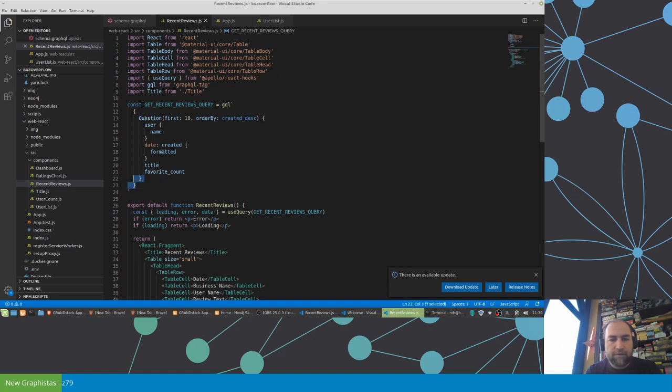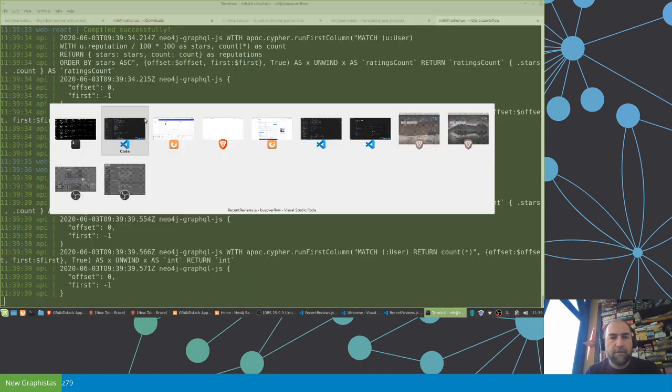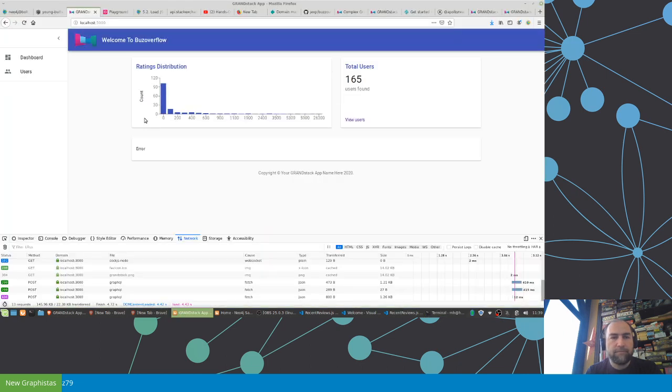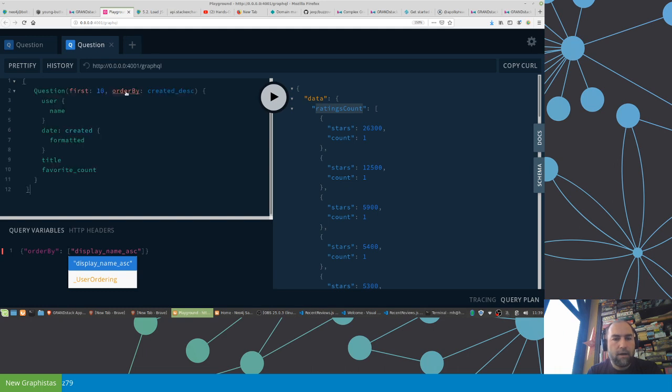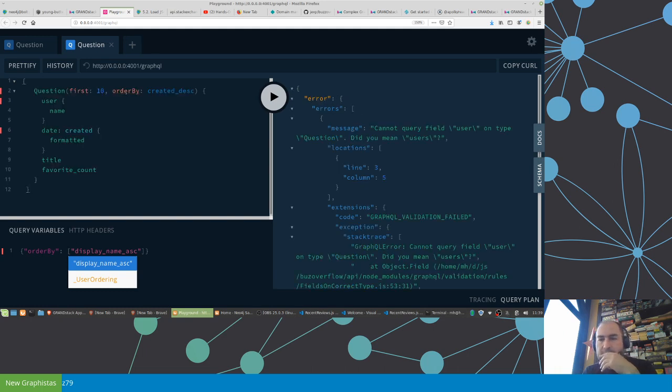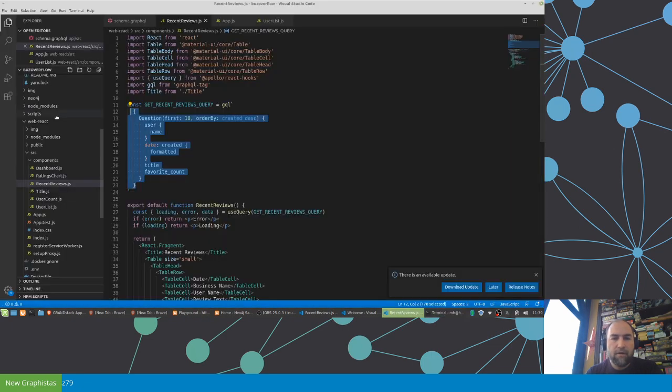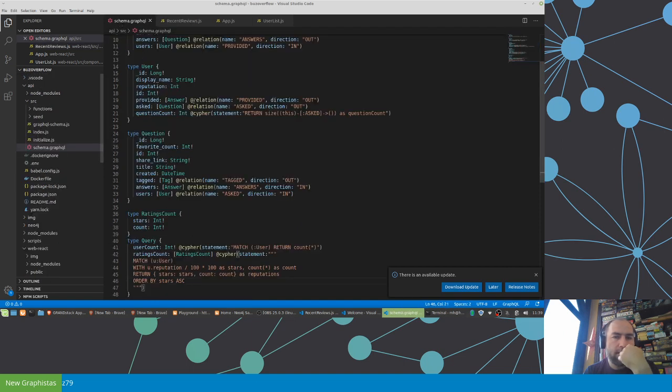So if you run this in our API, this should hopefully work. Let's see. Okay, it complains about the field user. Why does it complain about the field user? Let's see, what does our schema look like? Where is question